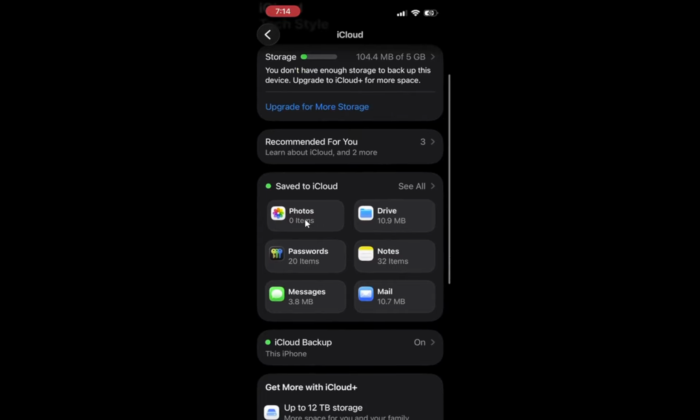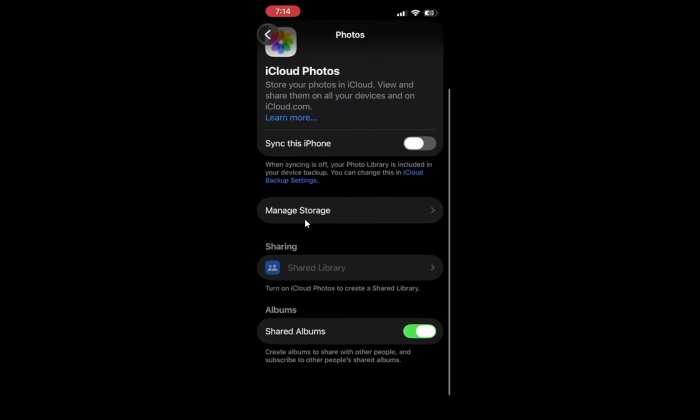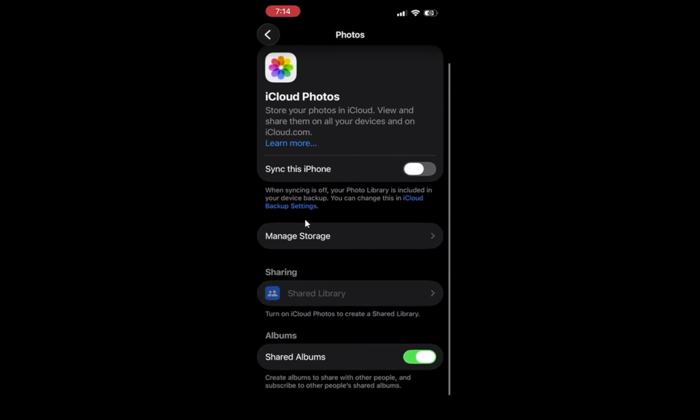This insight allows you to make informed decisions about what to delete next. Regularly checking this can help maintain your device's efficiency. Remember to back up any important photos before deleting anything. Apple notes that deleting a photo from one device also removes it from iCloud and every other device using the same Apple ID.